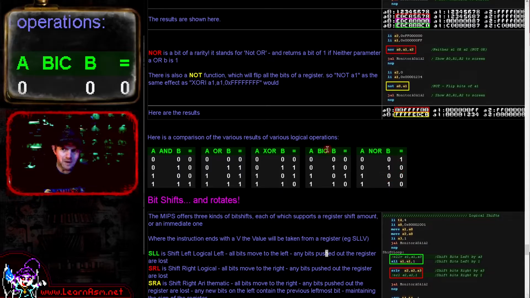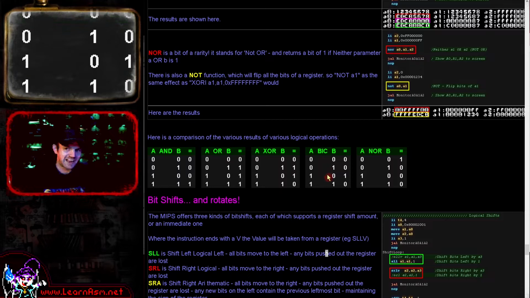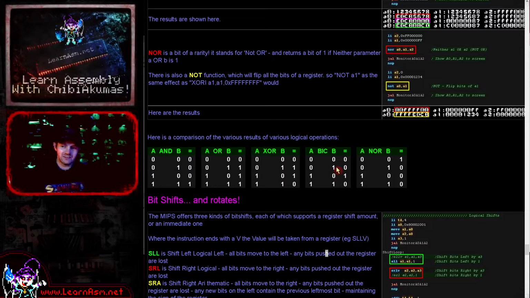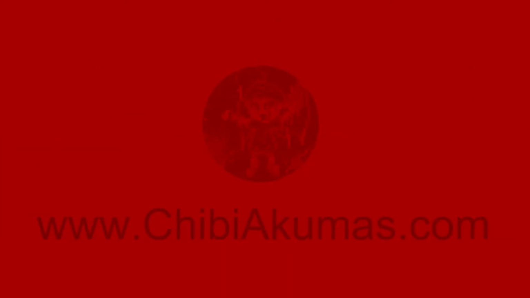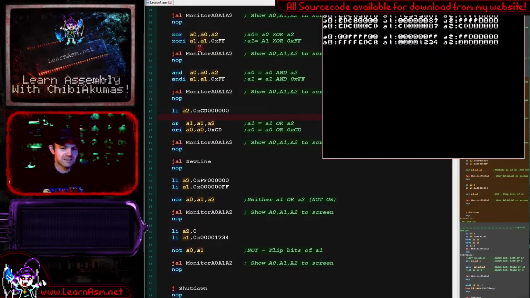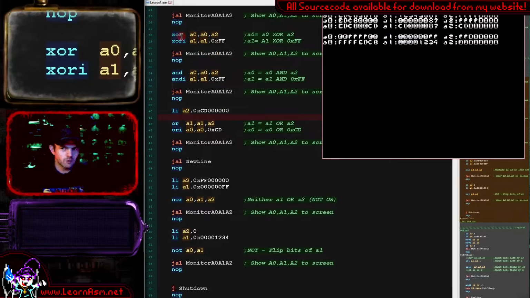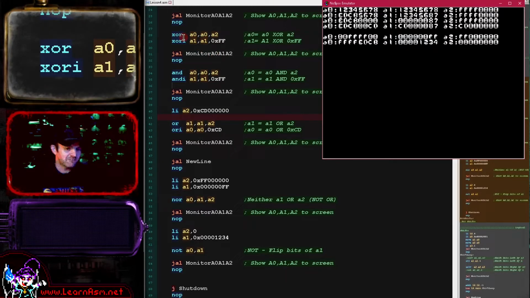Now you'll see there's bit clear here, but that isn't actually included on this system. This list of examples includes the bit clear, which doesn't exist on the MIPS processor. Anyway, so that's what we're going to be seeing today. And when it comes to this XOR, basically a bit flipping operation, we'll see how this has actually